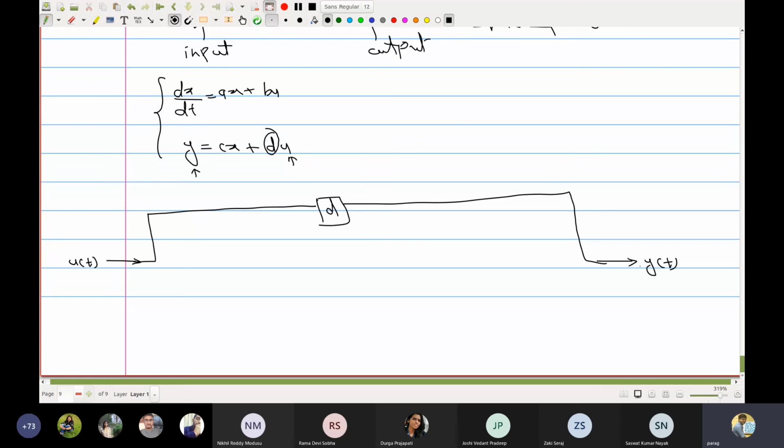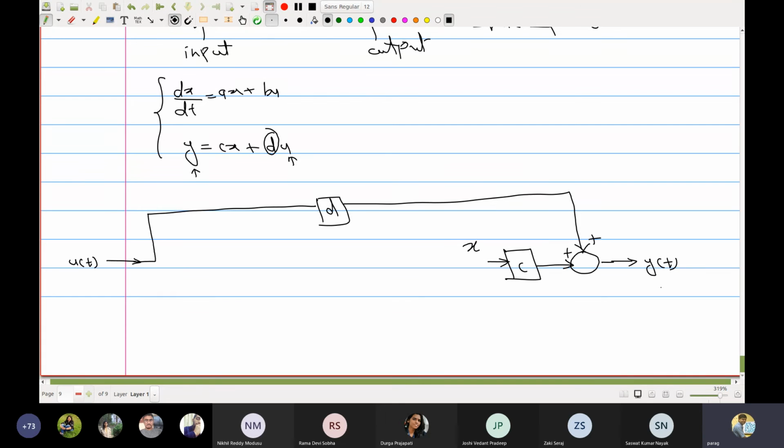This is the contribution which is coming from u. Remember, it is not complete. Now, what is the contribution from x? The contribution which is coming from x is that there is some x somewhere, and then when you multiply this x with C, you get y, right? So the convention is that you add an adder here. So this is called an adder. So you add it, and this is what you get.